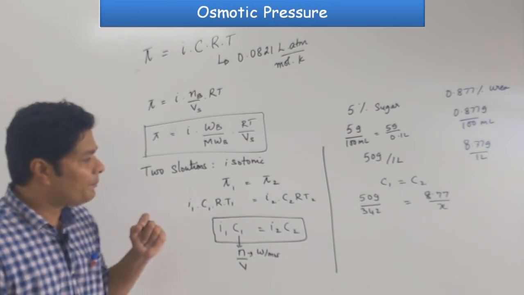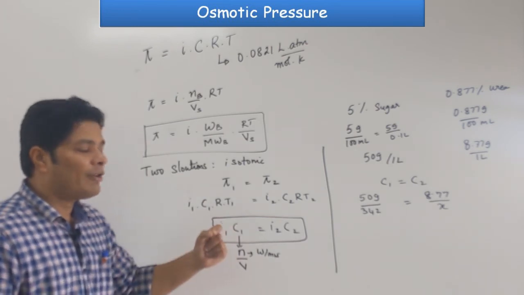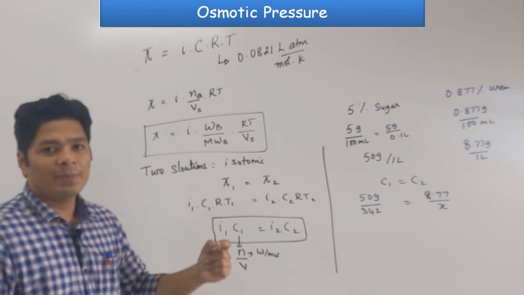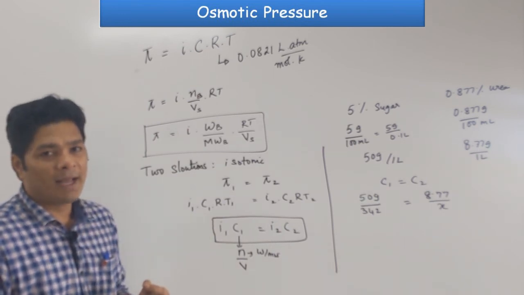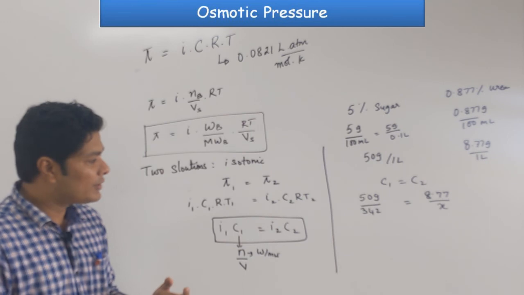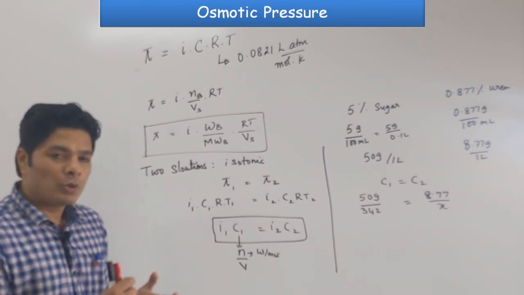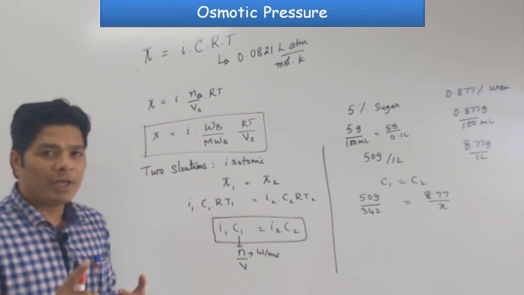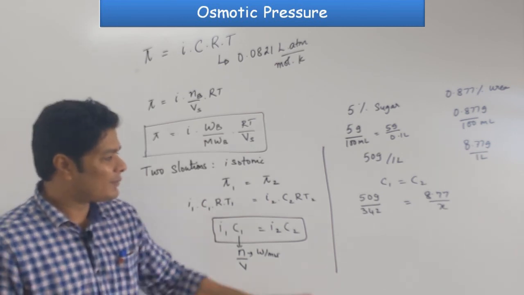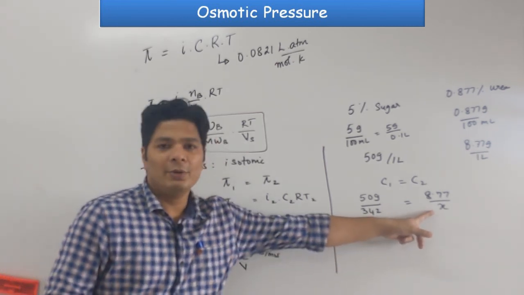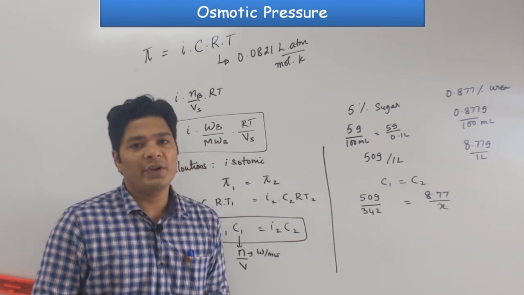If you look at it, for all the colligative properties the formulas are very simple, but the only drawback that most of you will face is setting it up really fast and also doing the calculations. Most of the time the calculation will deal with molecular mass, and most of the time the molecular mass will be the denominator. You have to be able to do it. Otherwise they are straightforward problems.